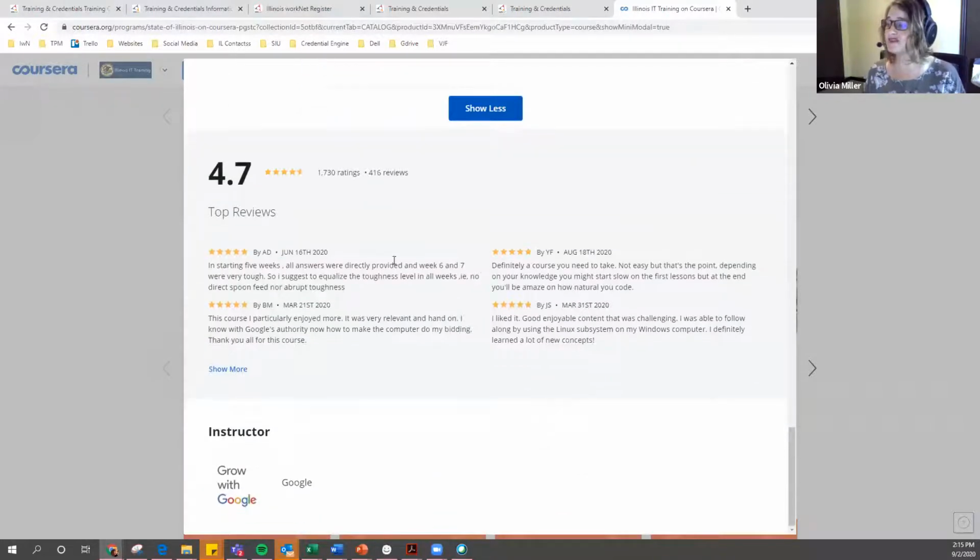And then at the bottom of this information page, there is a review section. So you can actually go in and read reviews from individuals who have completed this course. So this is a bit expanded upon what we saw at the top of the information page where we just saw the ratings. We can now see all the different comments about these different courses.